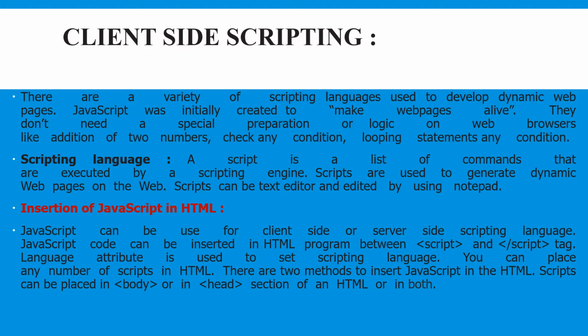Now there are two types of web pages, one is static and one is dynamic. Static means no action takes place, but when we say dynamic, then certain actions take place on the dynamic pages. For example, if you want to change the background color by clicking on a single button, then when we click on the button, the background color changes. This is called a dynamic web page because as we click on the color change button, the action takes place, that is, the background color is changing. So this is called a dynamic web page.